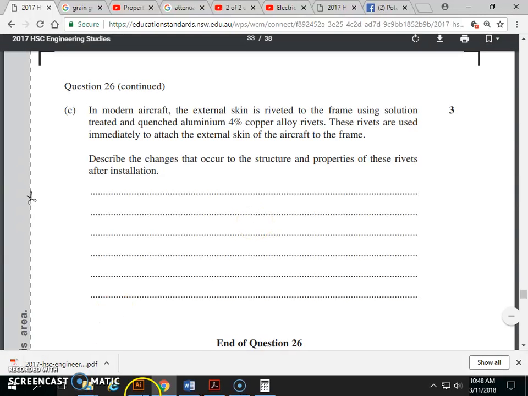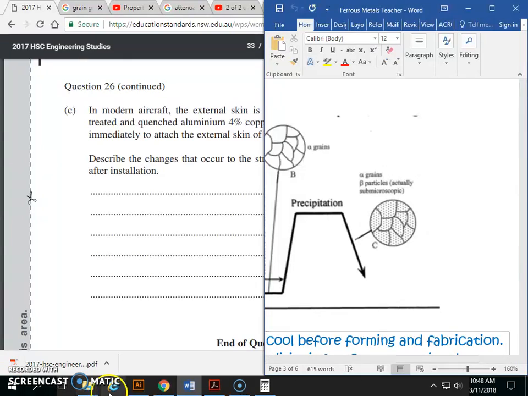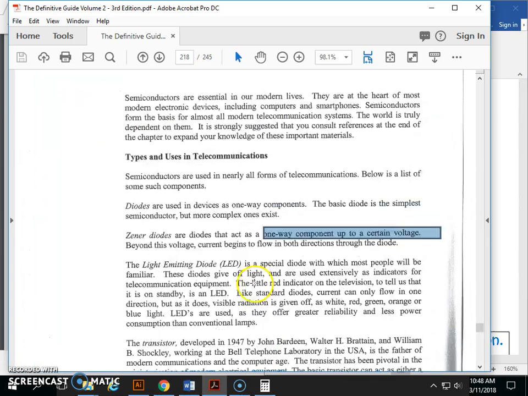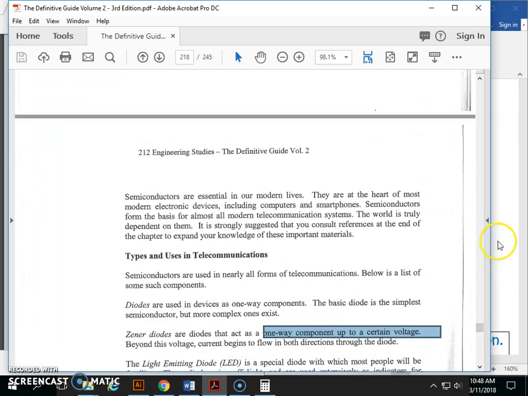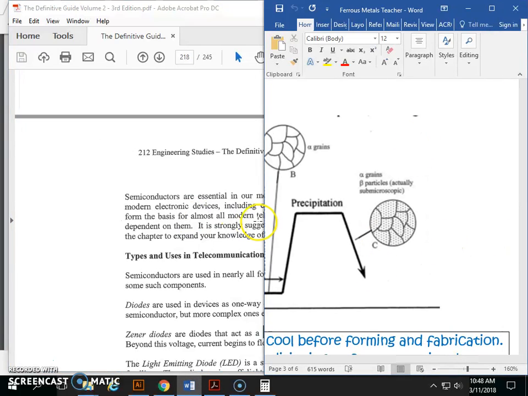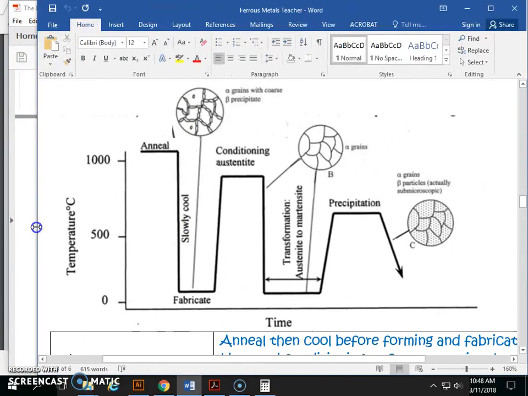Well, luckily for you guys, I have a picture here, and previously I had a picture in this book. I can't remember the page, but I've said it on one of the other videos. We're going to use this steel one. It's close enough that we can use it even though we're actually talking about aluminium alloy. What's going to happen? The beta grains are going to be dissolved into a uniform alpha phase, and then when quenched and reheated, we're going to have a precipitate of microscopic inclusions in